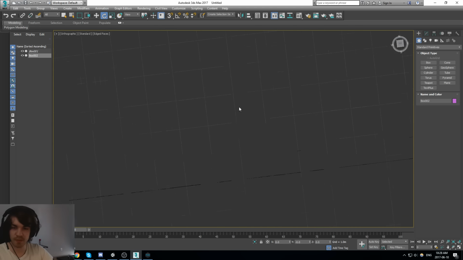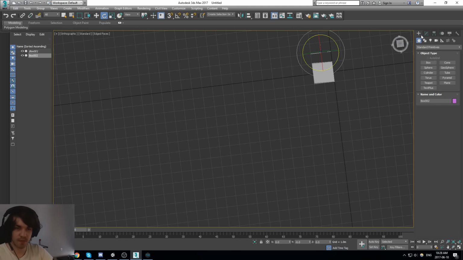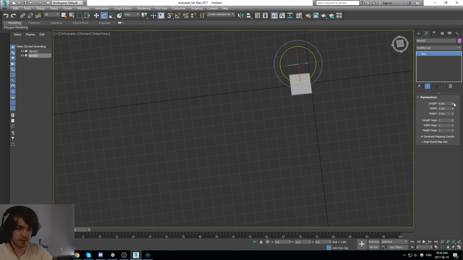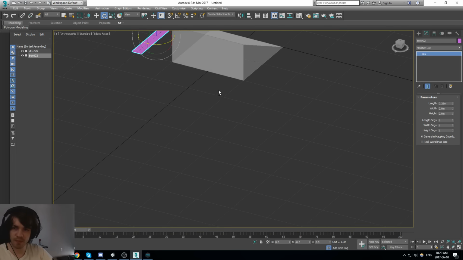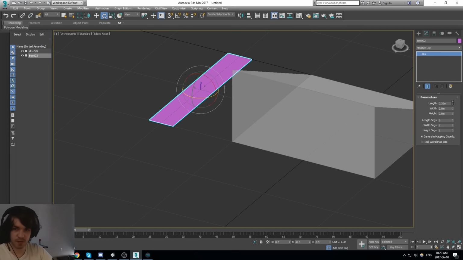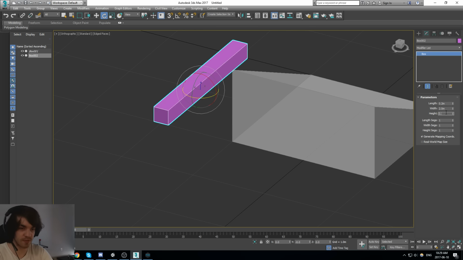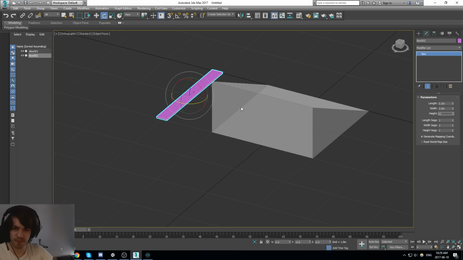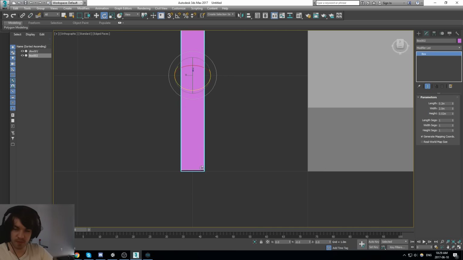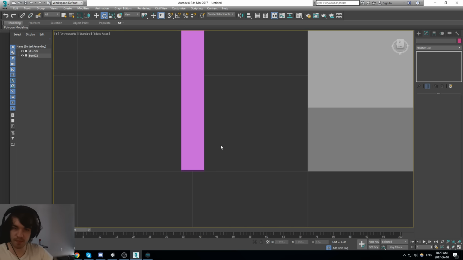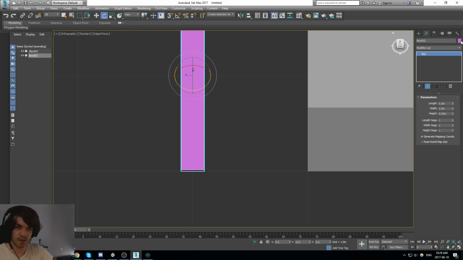Alright. So, length is gonna be maybe 0.2, height's gonna be 0.2 as well. Oh, that's too much. 0.02. Now check this out.